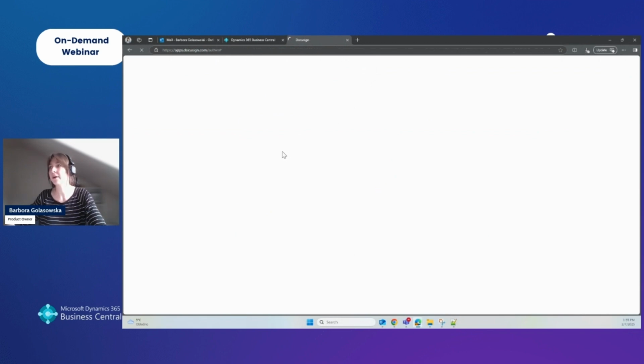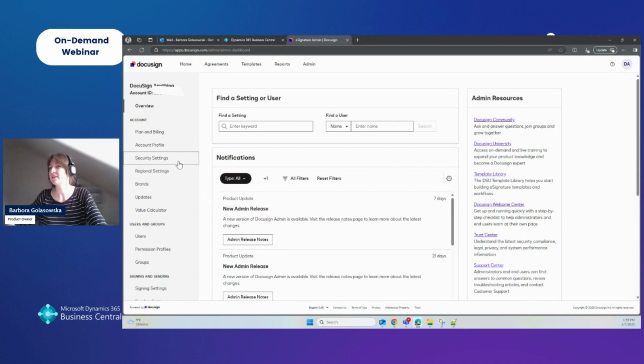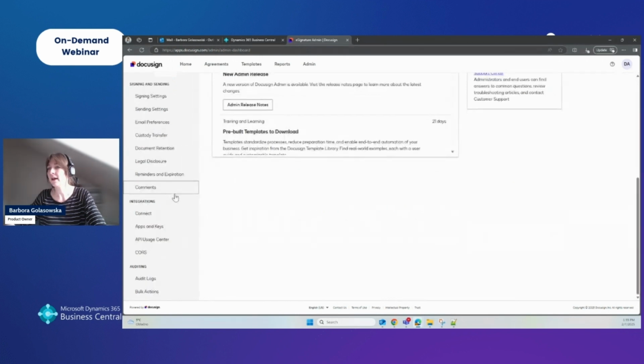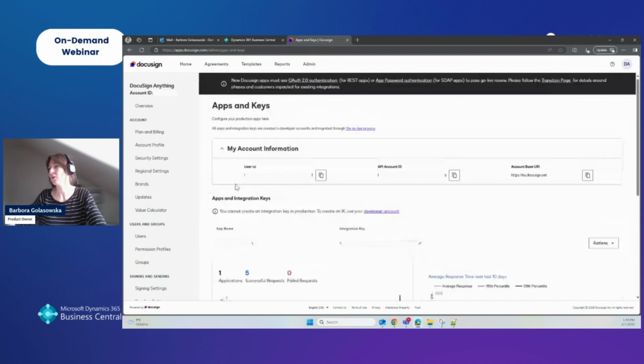look for the section called apps and keys in the left vertical menu. So let's scroll a bit down, and you can see that this section can be found within the part of the menu related to integration. So let's select the apps and keys,